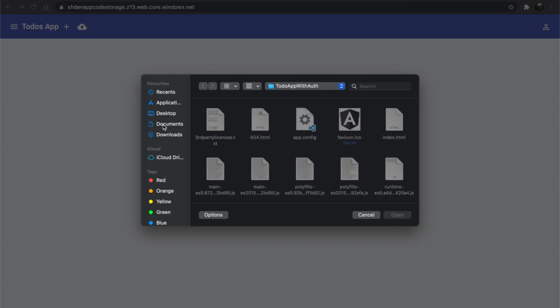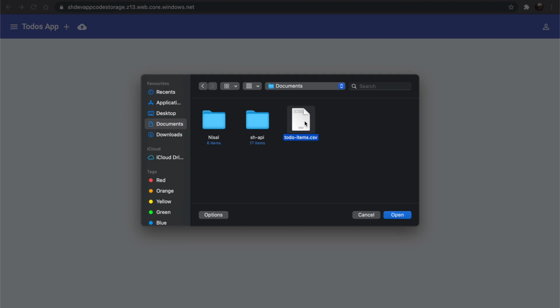That's because get to-do items will filter to-do items by the user ID, and we are no longer using the dummy user ID. So let's create a few to-do items for this user ID by importing to-do items.